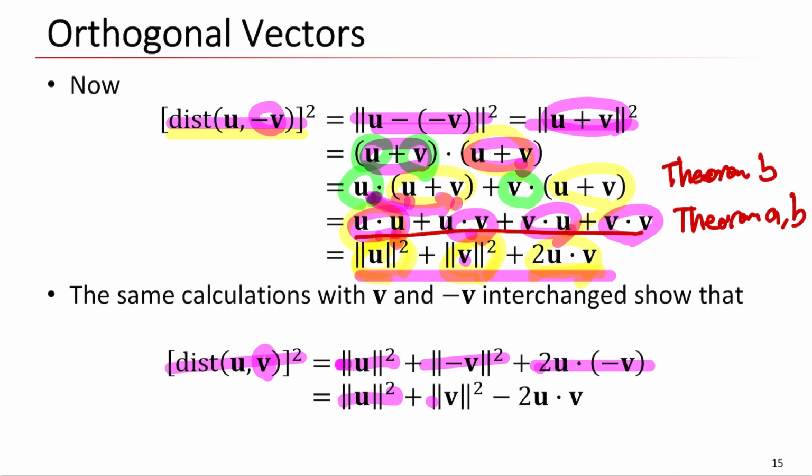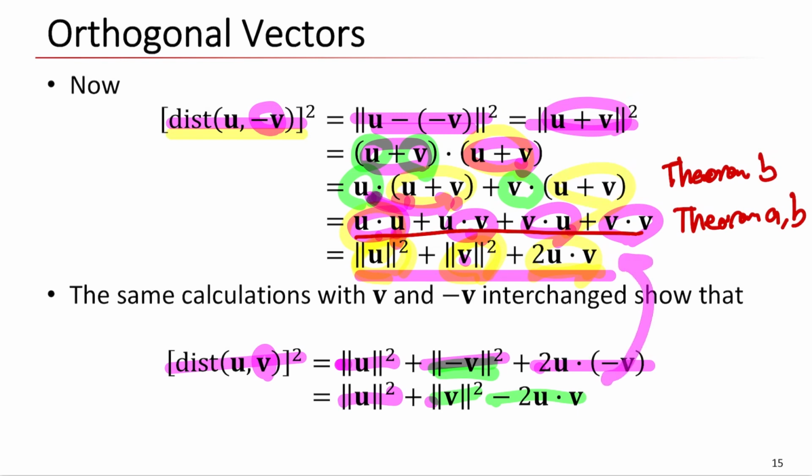Then this is the same, and from the definition of the length, the length of negative v is equal to the length of v, because in the definition of the length we didn't consider the sign of the vector, so it will be the same, right? Then the only difference here is negative 2